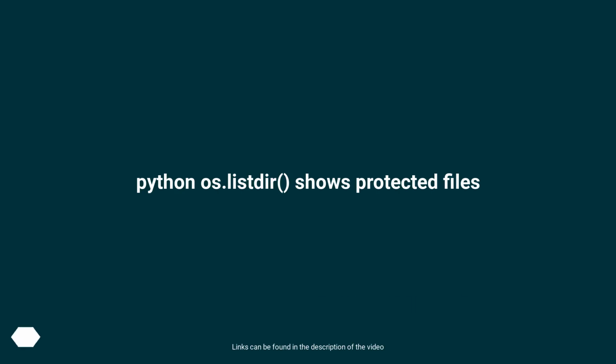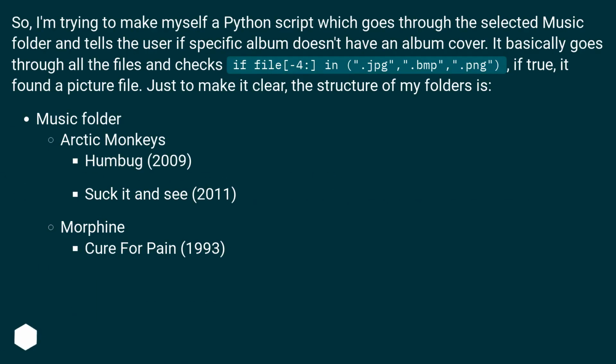Python os.listdir shows protected files. So, I'm trying to make myself a Python script which goes through the selected music folder and tells the user if a specific album doesn't have an album cover. It basically goes through all the files and checks if file[-4:] is in .jpg, .bmp, .png, and if true, it found